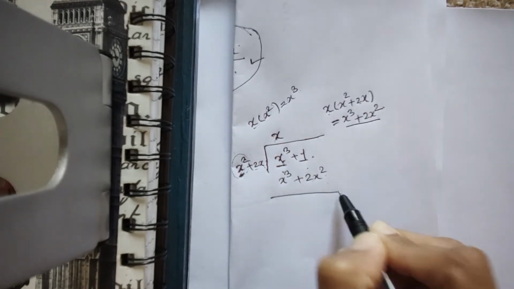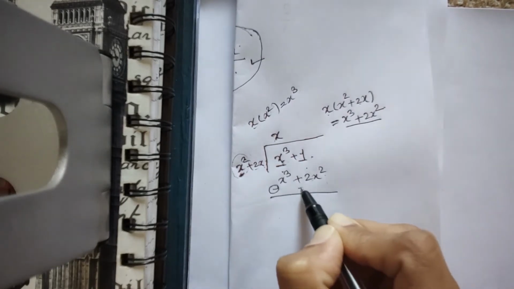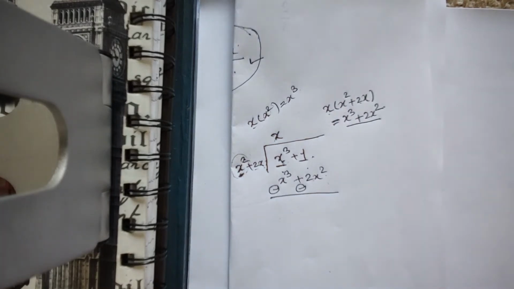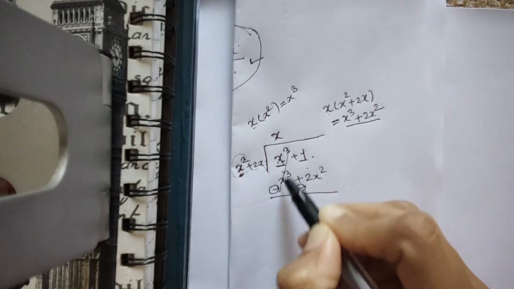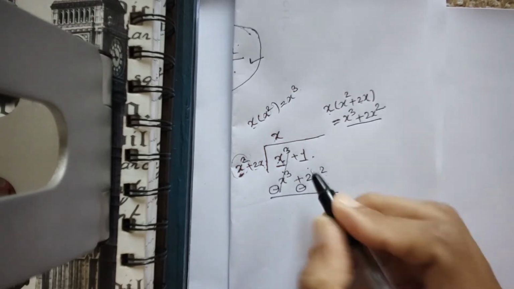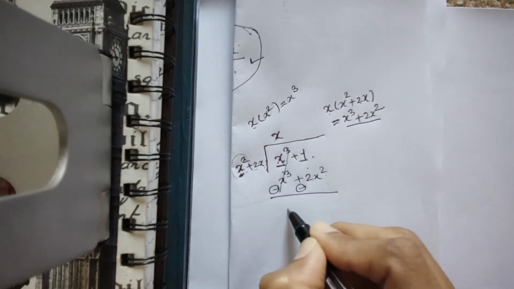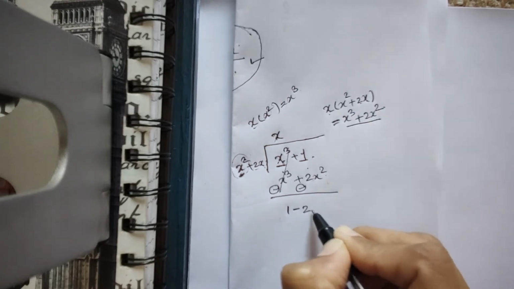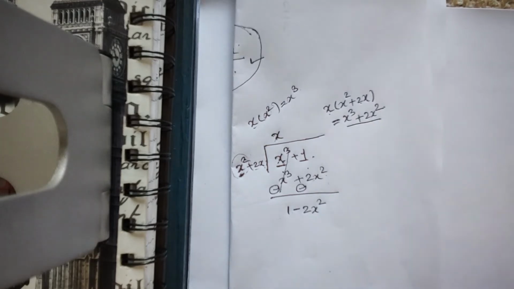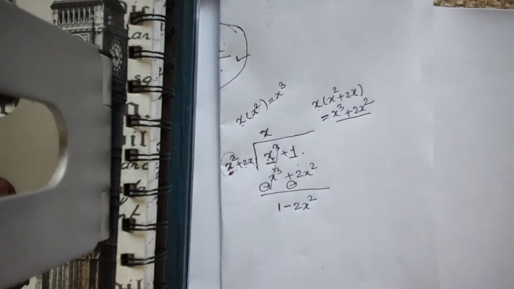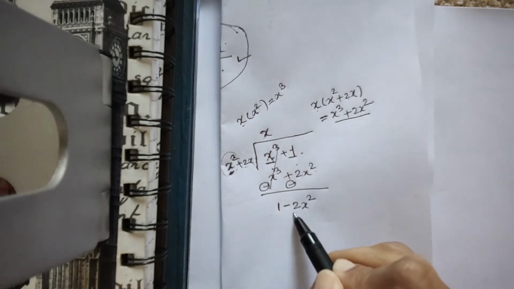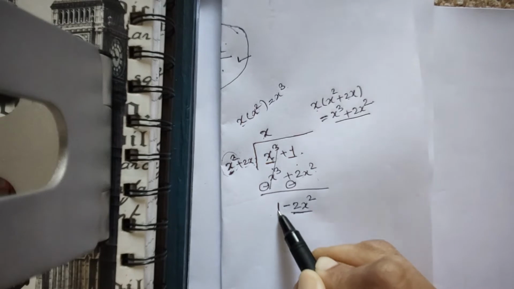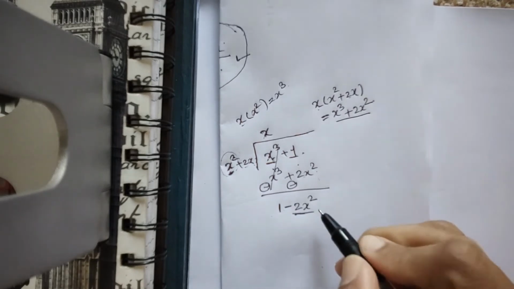And just subtract here. So the sign will change, right? So this plus x cube and minus x cube get cancelled. That's how I remove the first part. Now what is the remaining part? 1 minus 2x square. Now again think about this part where x is. This is the constant. We are not going to think about this.